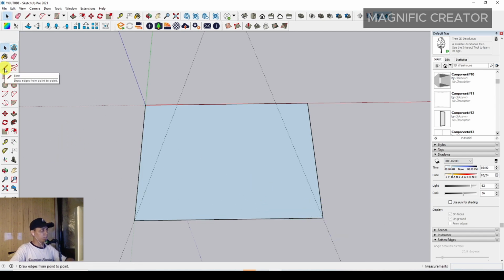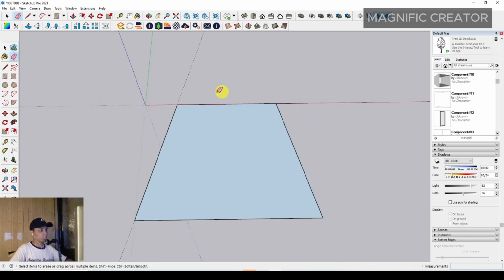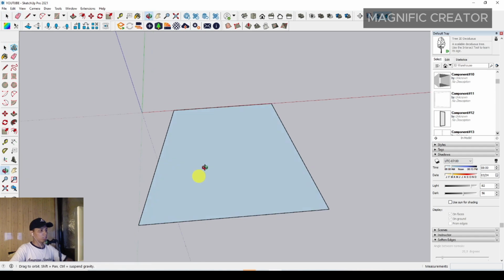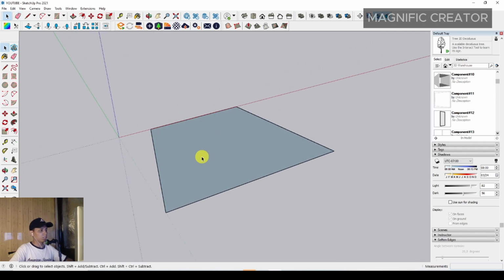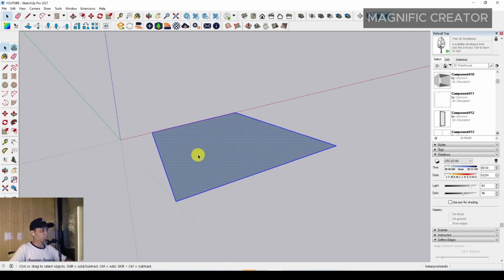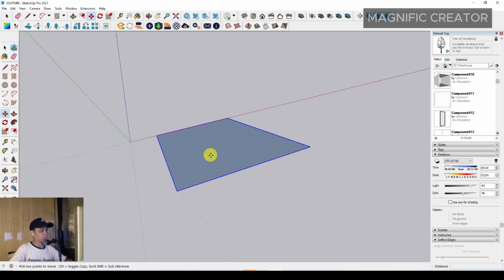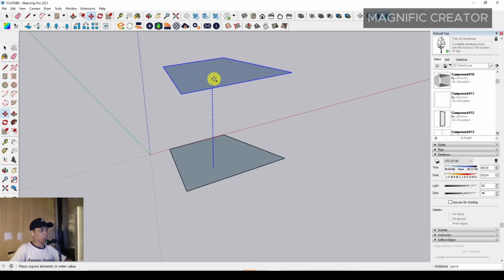just use the line tool to separate this plane anyway. Then we can just erase some unnecessary lines and guidelines over there. Okay, and then we got it, and then we can just select all of this and select Move, press Ctrl to duplicate it, and then we can